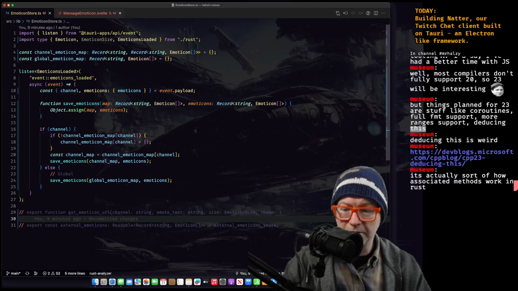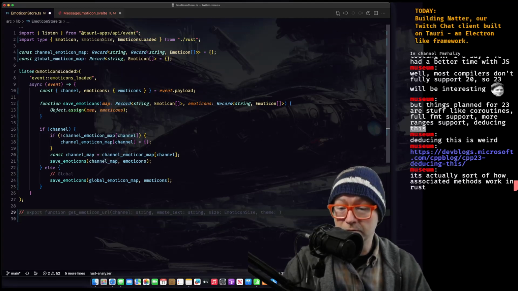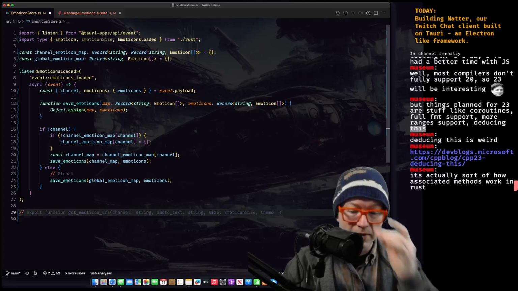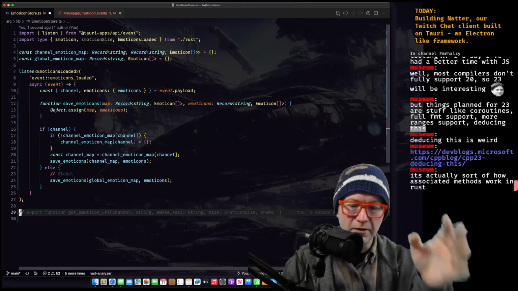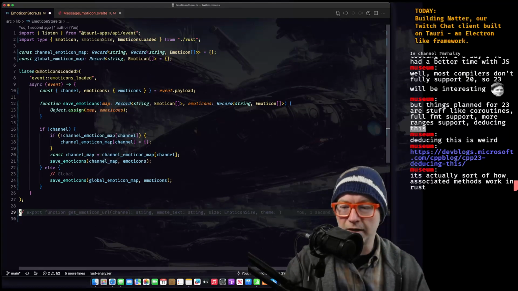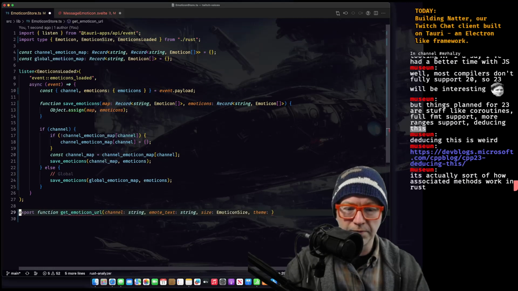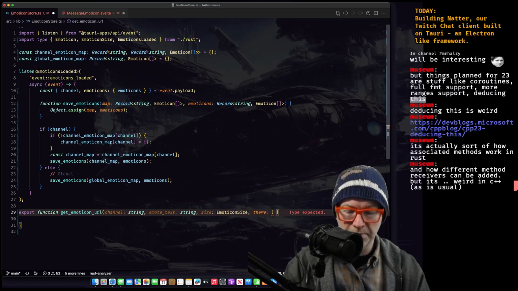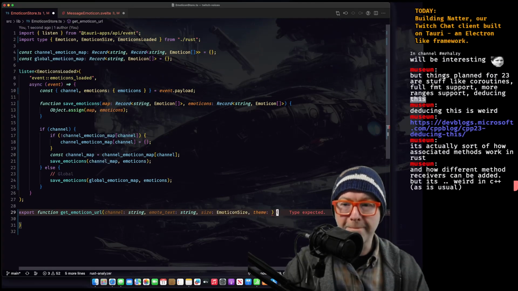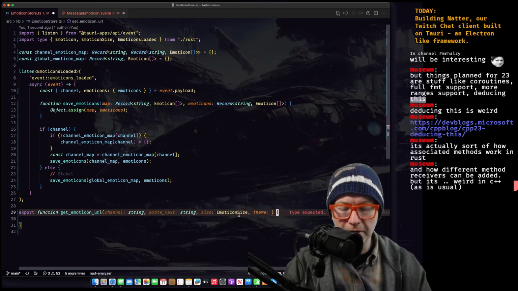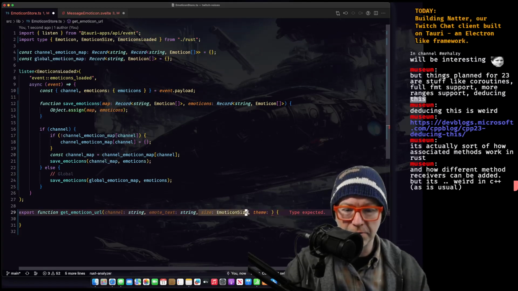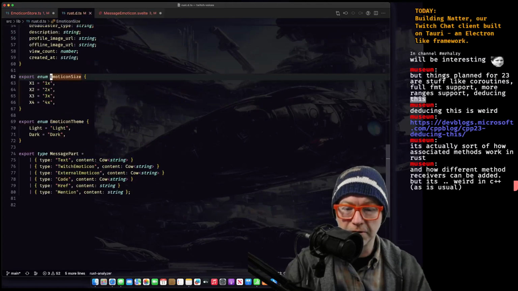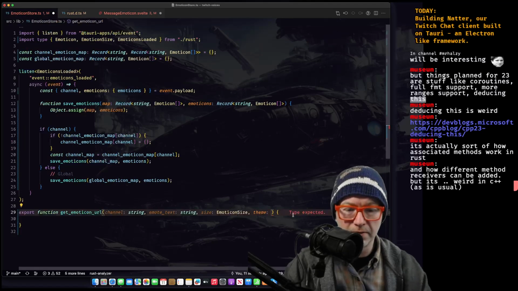Now I was thinking that it would be called like get emoticon URL. Right, where we pass in the theme, the size, all the other stuff that we're looking for. And then we return just a couple URLs. But we will need to return more than just URLs, won't we? Because the emoticon size will need to be returned. Well, the other emoticon size, like the width and the height.